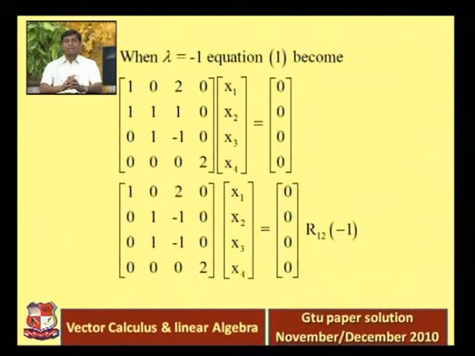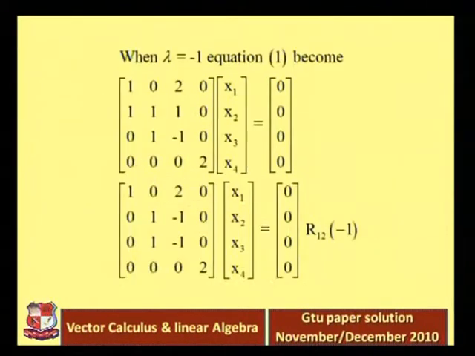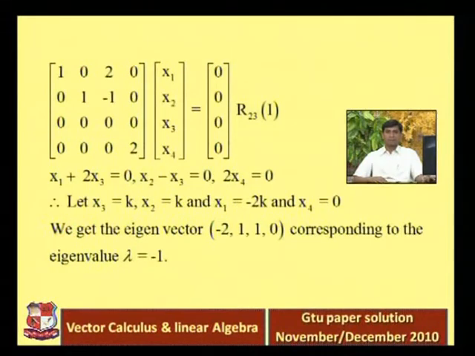So that's why we multiply the second row with minus 1 and add into the third row. So the next process is we multiply the second row with minus 1 and add into the third row. The first and second rows are as they are, just making changes in the third row: 0 0 0 0. Whenever we multiply the second row with minus 1 and add into the third row, the third row becomes 0, and the fourth row is already as it is, 0 0 0 2.